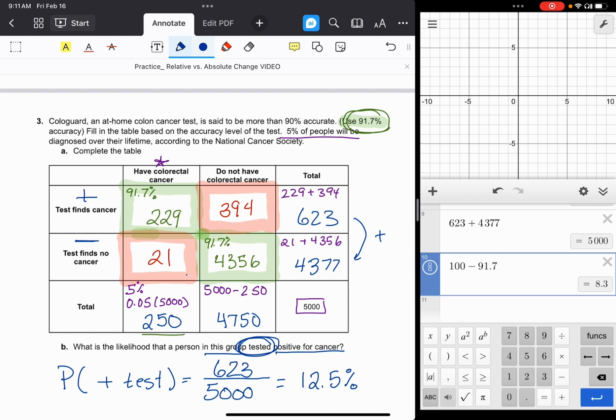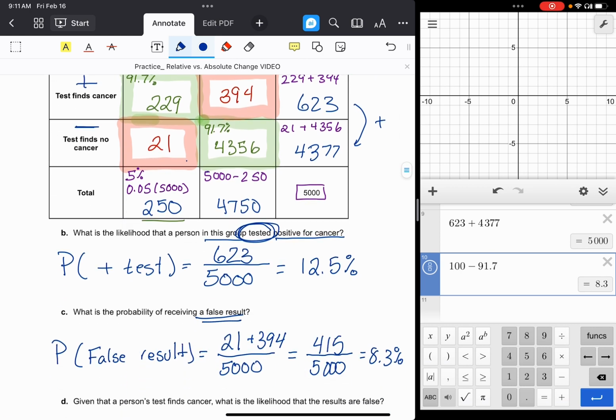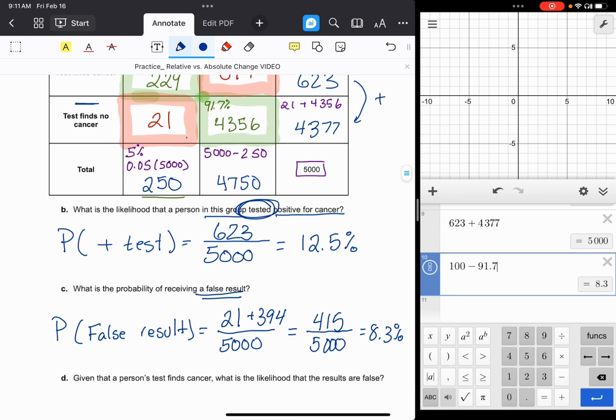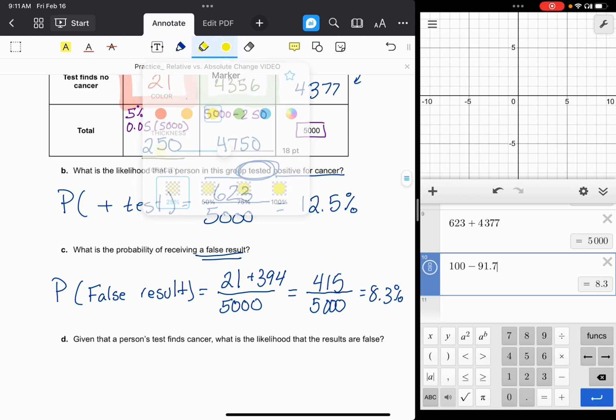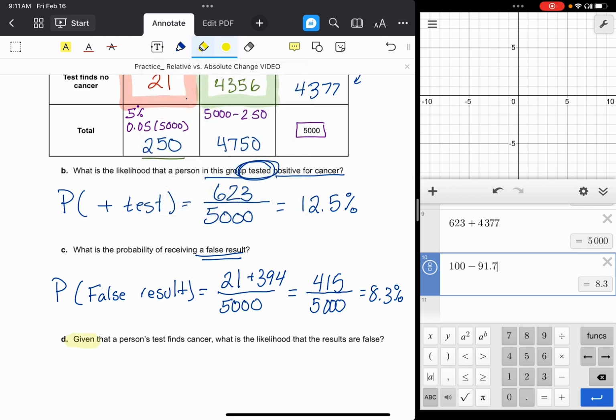So it's right 91.7% of the time, and it's wrong 8.3% of the time. So that makes sense. Woohoo, we filled in our table correctly. Another check. All right, and last but not least, ding, ding, ding, I see a keyword. The keyword is "given." We see that word, and in our mind, we should be going,